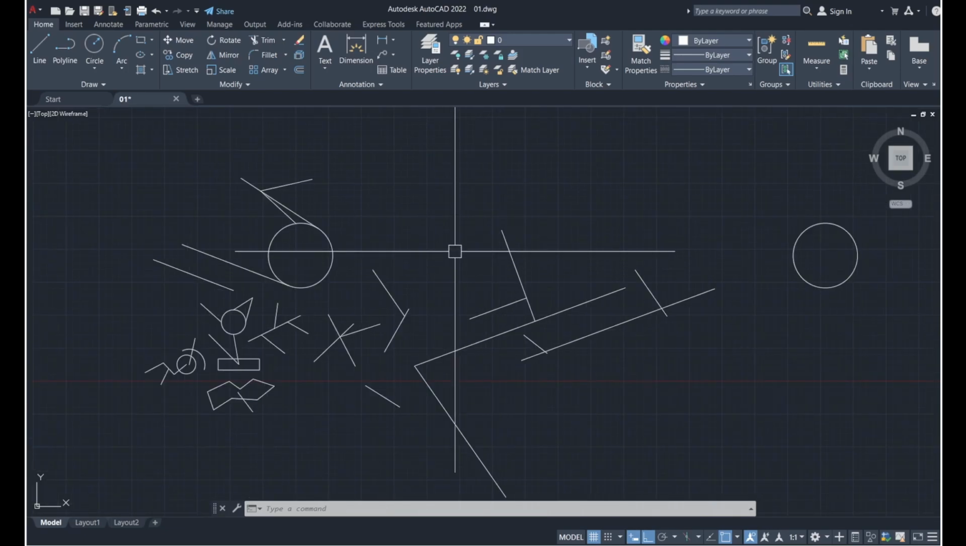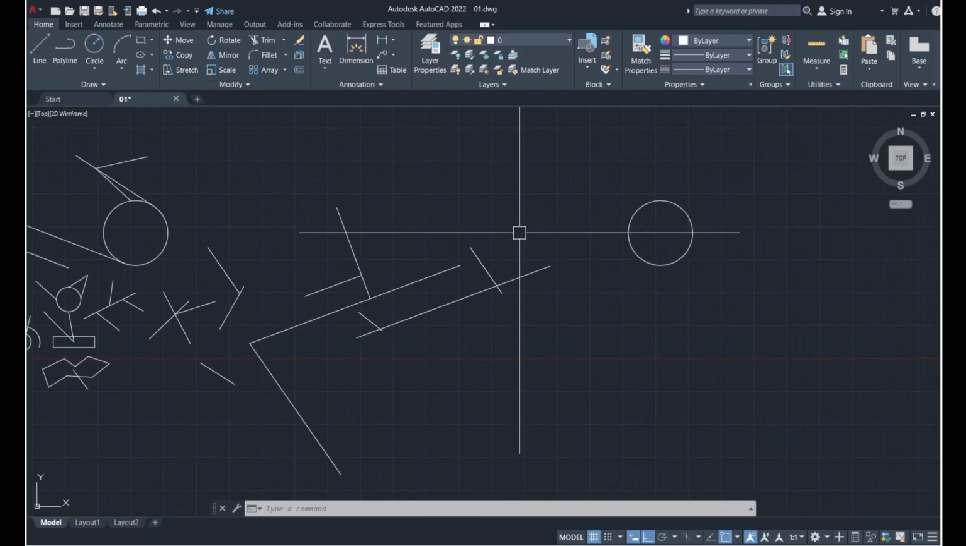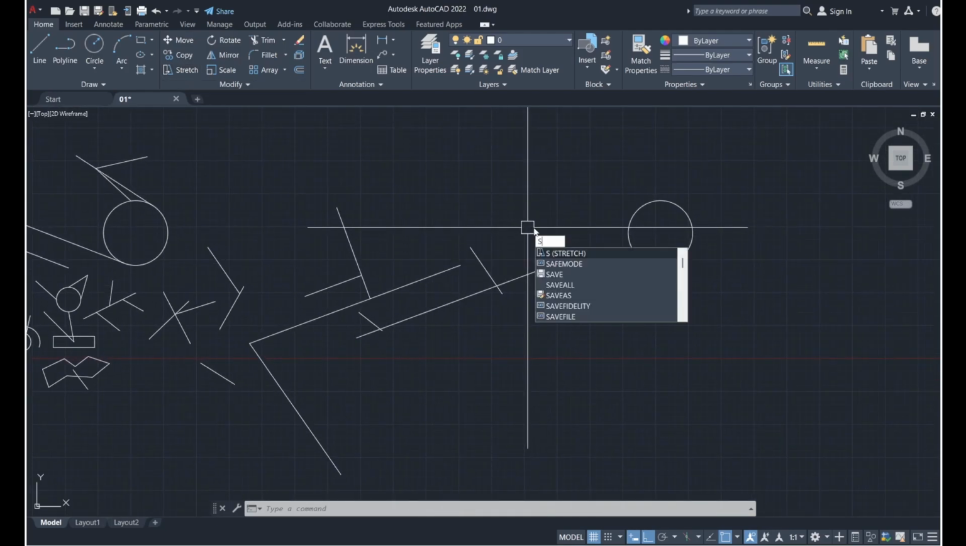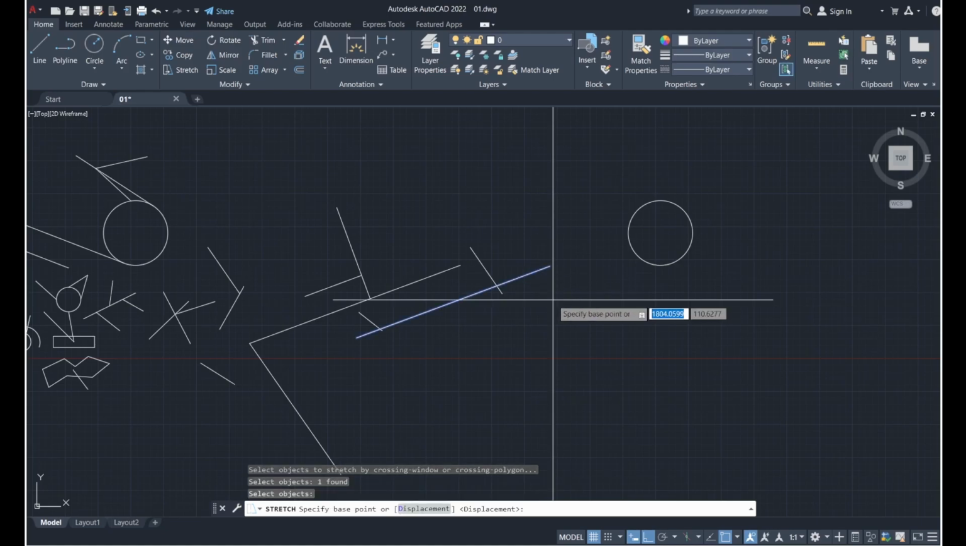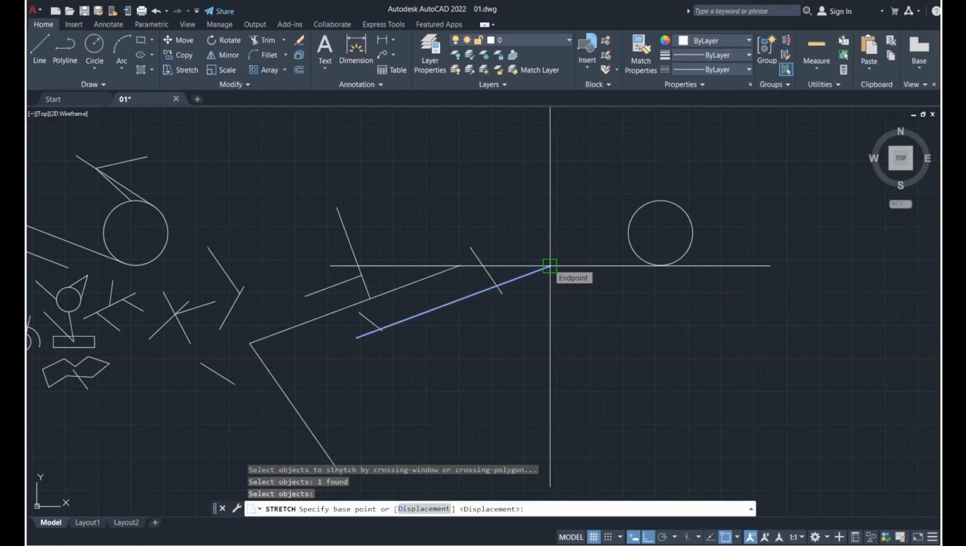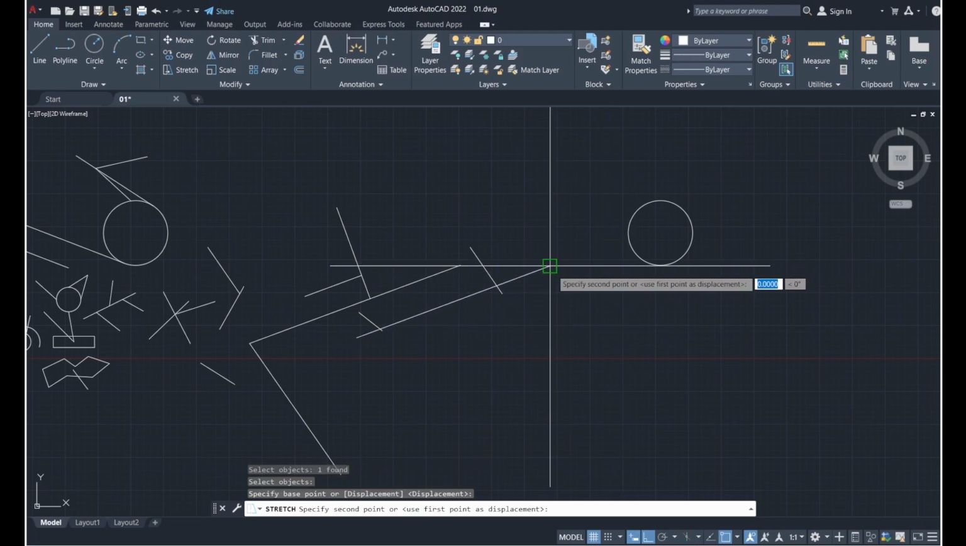And next we are going to learn how to use the stretch tool. So for that, I'm going to press S, and you can see in the drop down, stretch is the first option that comes. So I'm going to press enter, and now I'm going to select the objects. I'm going to press enter. I'm going to select the base point, which is this point, and now you see,